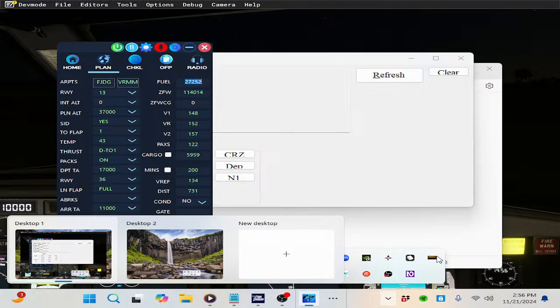Frequencies button, fuel edit, ZF, V1 edit, VR edit, V2 edit, passengers edit multi-line, cargo edit multi-line selected, min edit multi-line selected 200, ref edit multi-line selected 134, this edit multi-line selected 731, data edit multi-line blank, go button. Departure code edit selected FJDP. Go button, departure code edit selected FJ 13 button, combo box collapse 0 button, combo box collapse edit blank 37,000